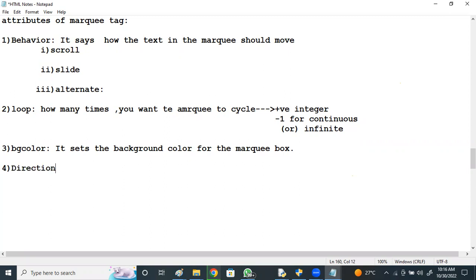Direction. I'll just give some examples. It sets the direction in which the text should scroll, for example left, right, down, up, or sometimes you say bottom, top.